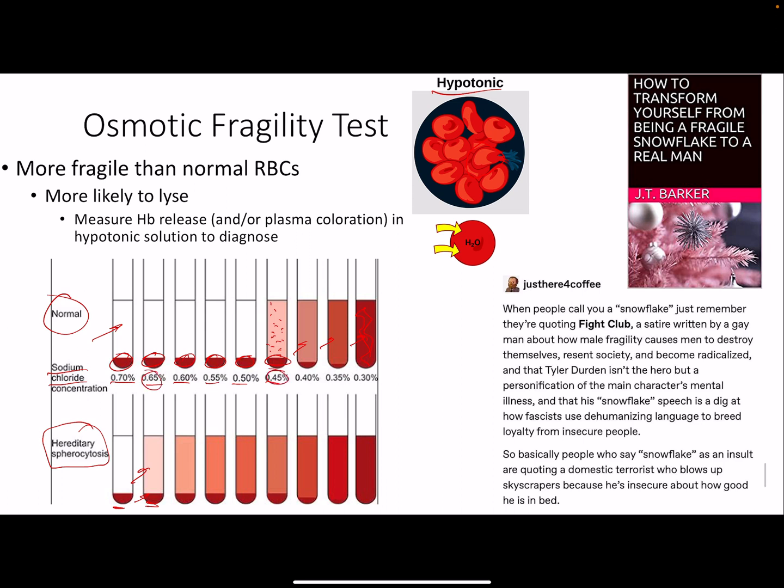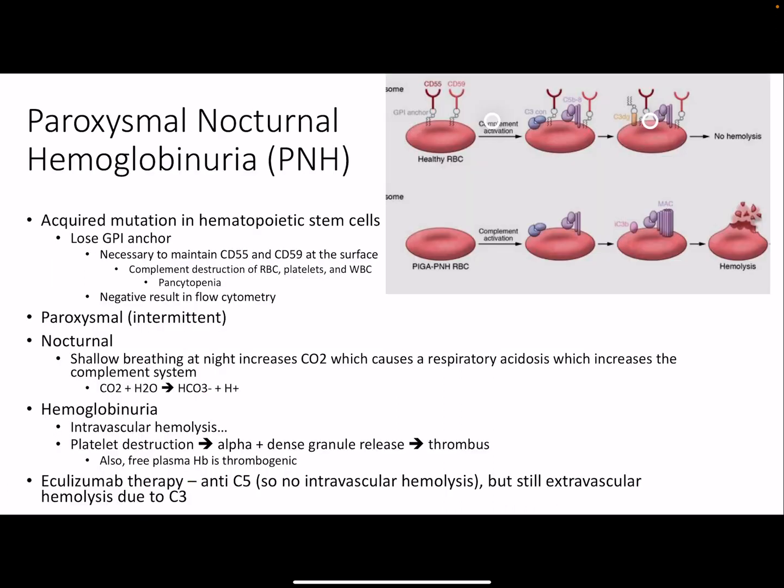Here, they didn't start to die till 0.5, but again, the point is that they're more fragile. All right,